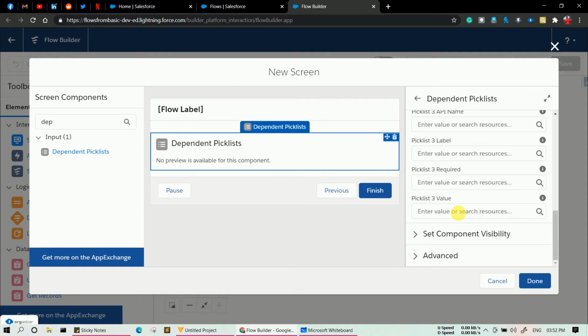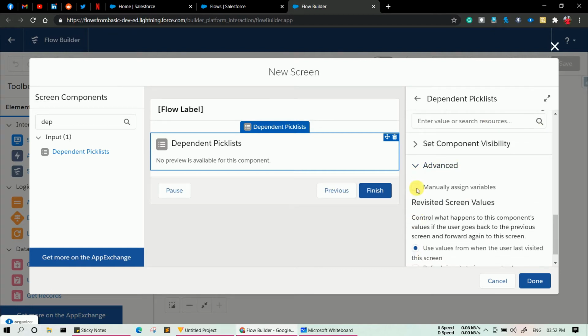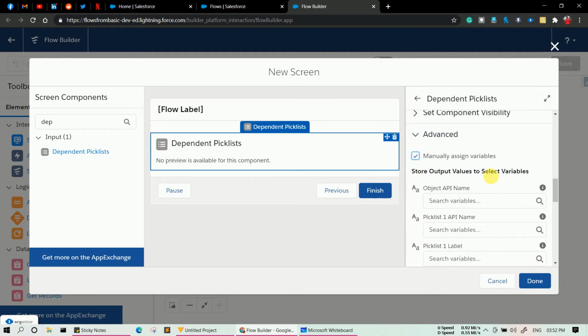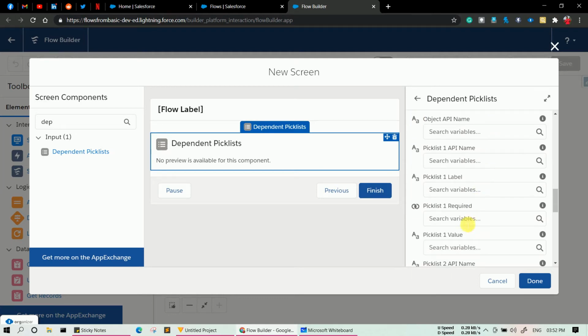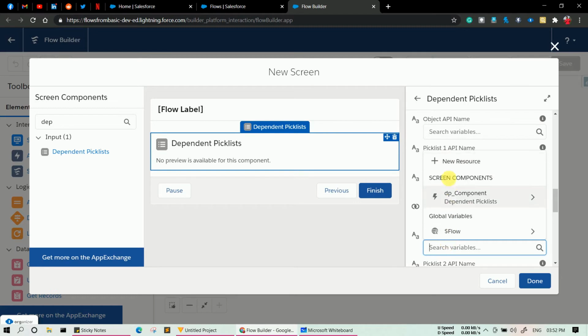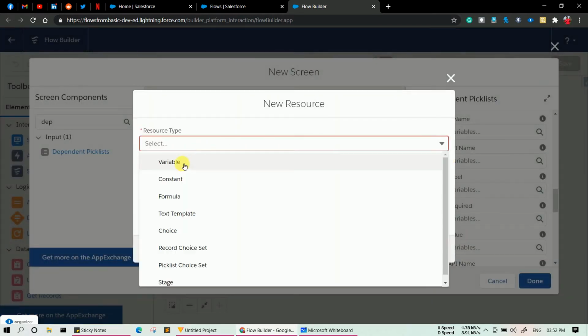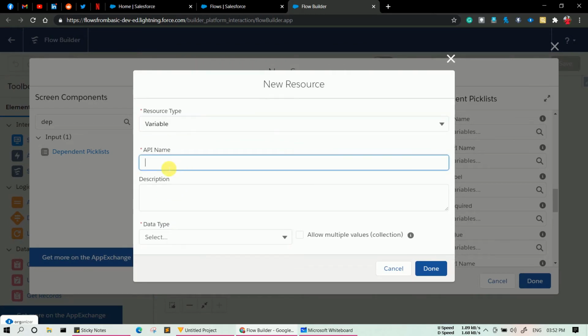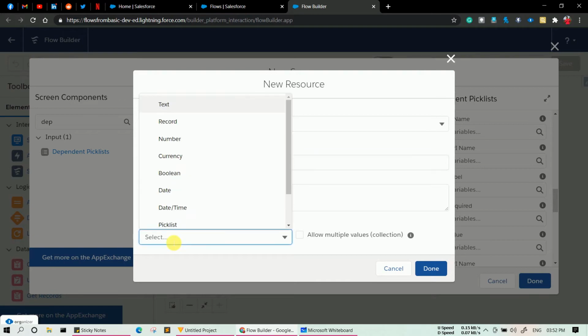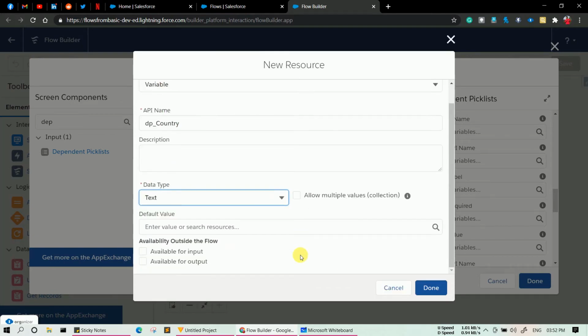So if you want to use these two values, I will let you know what you have to do. You have to simply move down, click on advanced, and click on this checkbox manually assign variables, and in the pick list 1 value you have to provide a text variable to store the values. So let's create a variable over there, and let's say DP country, and the data type will be text, and let's click done.